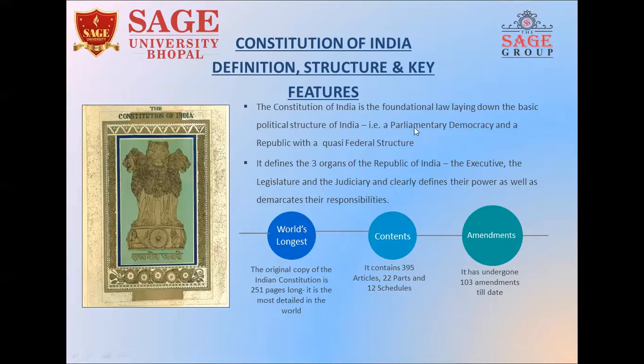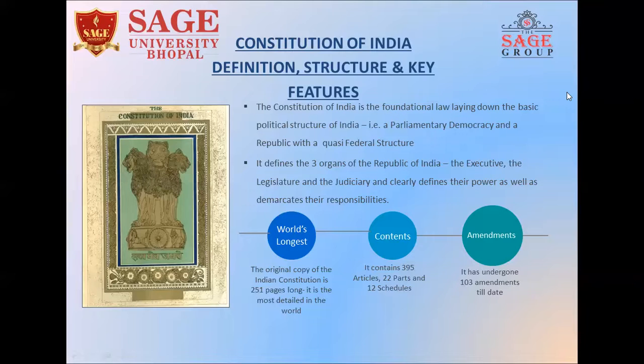Now, what is meant by parliamentary democracy? Democracy is basically where elections happen, where people choose the leaders that will be governing those people. So, parliament is divided into two parts: Lok Sabha, Rajya Sabha. This democracy selects certain MLAs and MPs which sit in the parliament and make laws for us. A republic is where the parliament and the president, that is head of the state, head of the country, is chosen by the people itself.